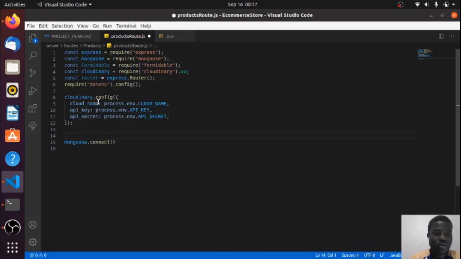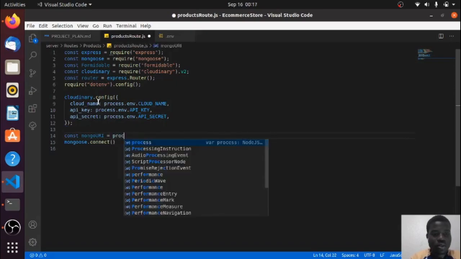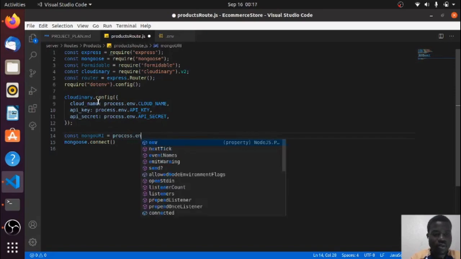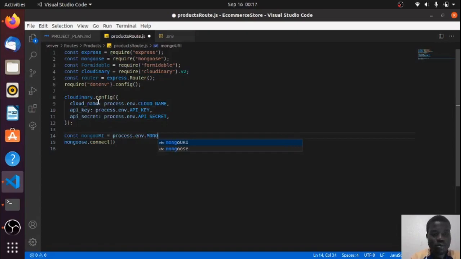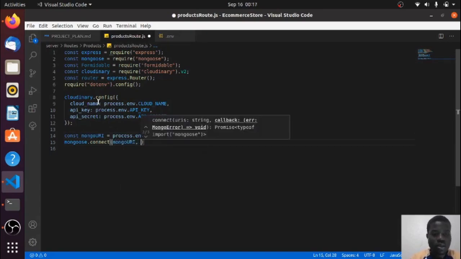So right now what we do is we say const mongoURI is equal to process.env.mongo_URI. Right, and what we do is now put that there, and this we need to take some few